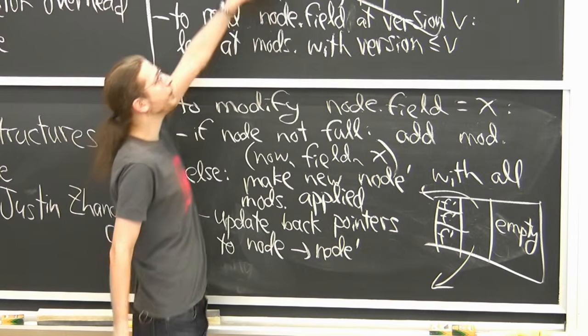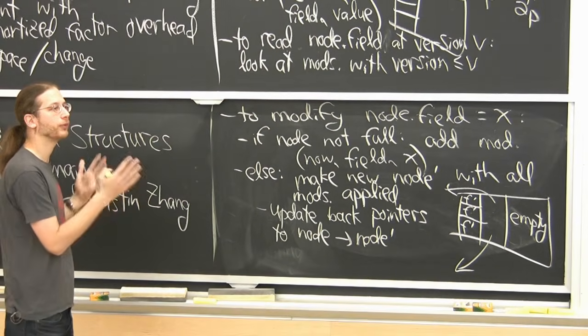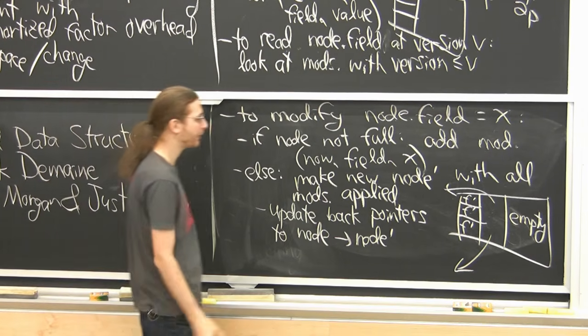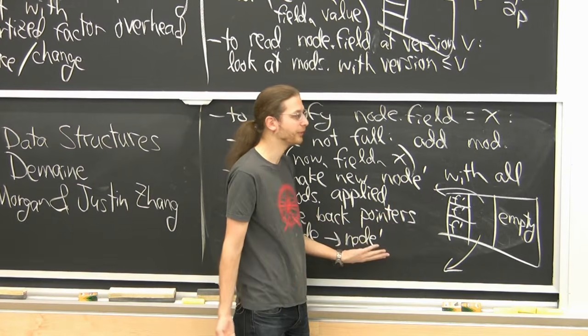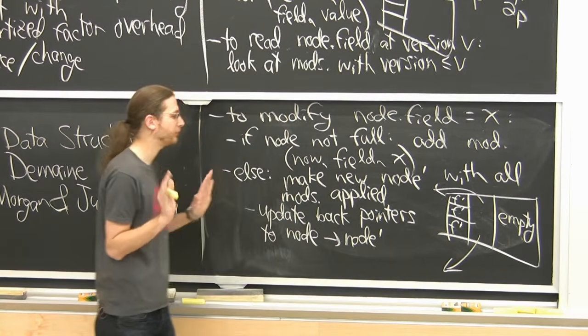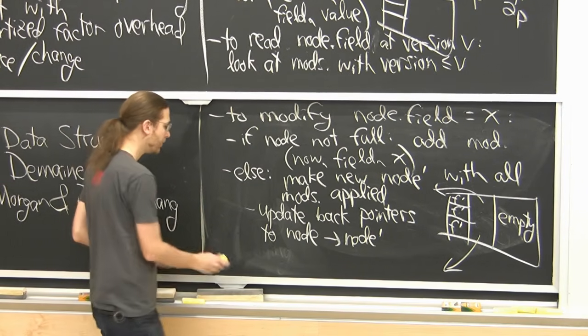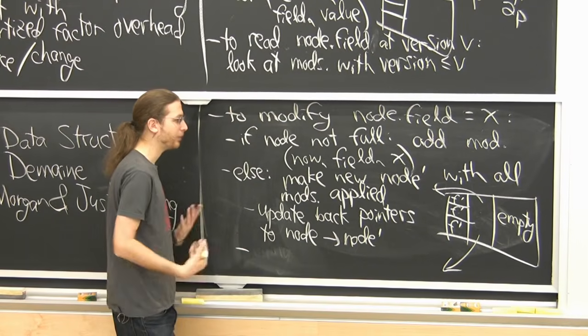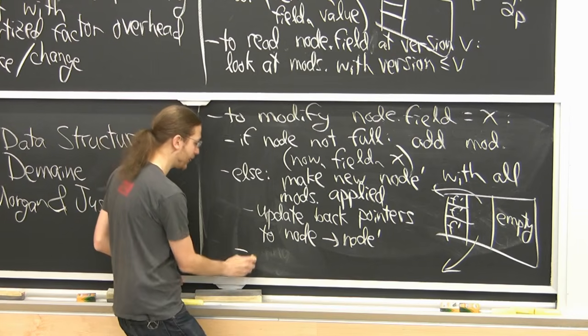Because I said we're only maintaining back pointers for the latest version, I don't need to preserve the old versions of those back pointers. So I just go in and I change them. This takes constant time because there's a constant number of things I point to, and each one has a back pointer. So this is cheap. There's no persistence here. That's an advantage of partial persistence. The hard part is updating the pointers, because those live in fields, and I need to remember the old versions of those fields, and that we do recursively.